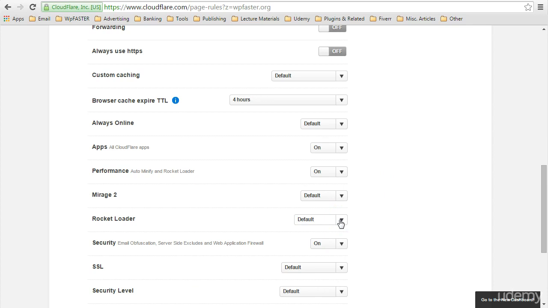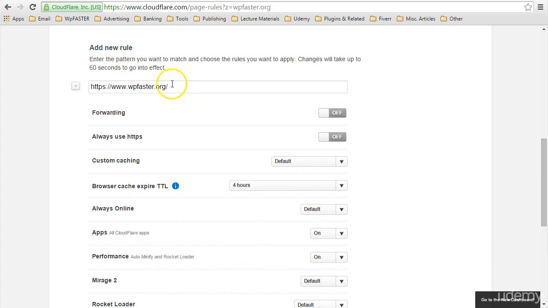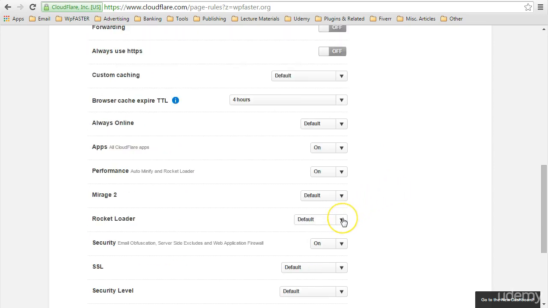Now, by default, we have that off. You'll remember. You may have it on, you may not. Or you may find that certain pages of your website break with Rocket Loader on, if you in fact have that on by default. So if you have that on by default, but there is one particular page, let's say only the home page, that was being broken by Rocket Loader,